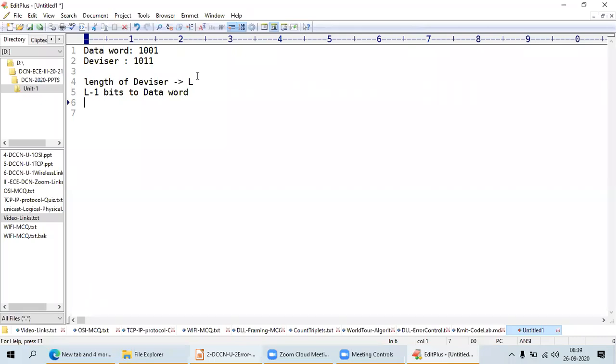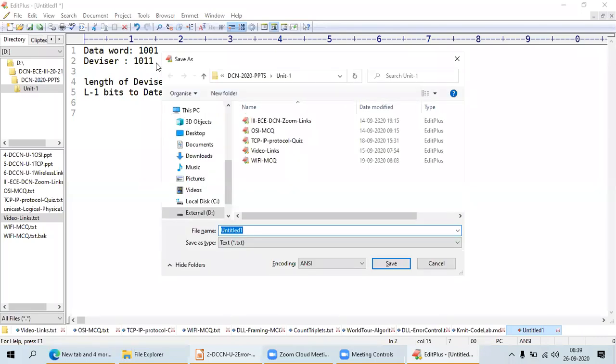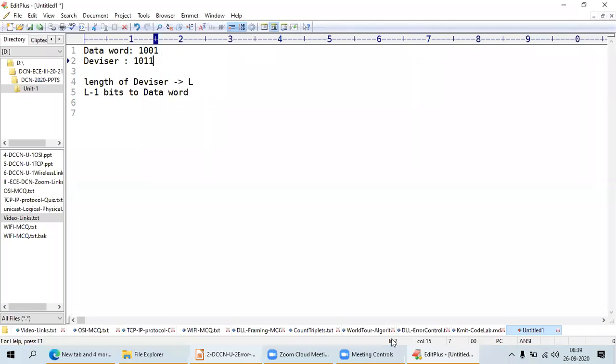Here my length of divisor is L. I am going to add L minus 1 bits to my data word. If it is 5, I am going to add 4. If it is 4, I am going to add 3 bits to my data word, so that I can create a code word.